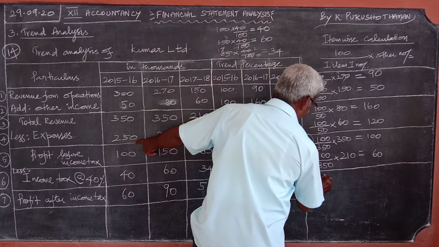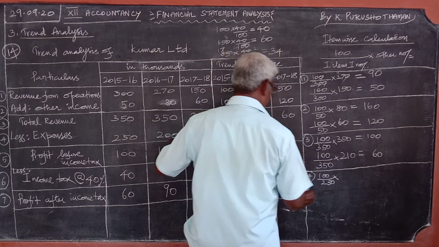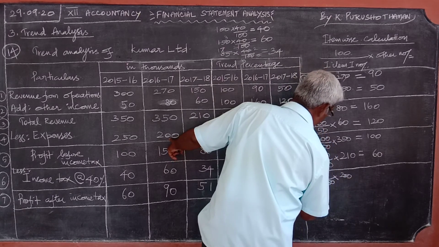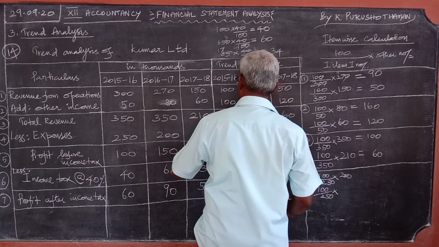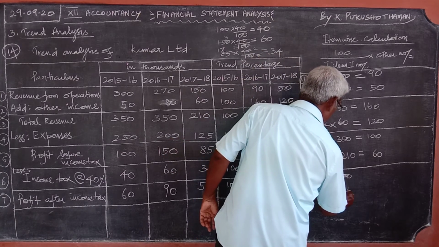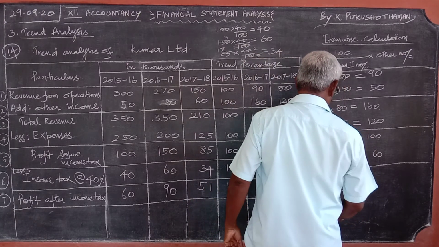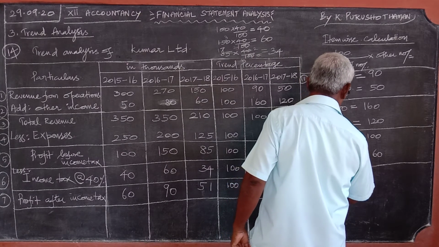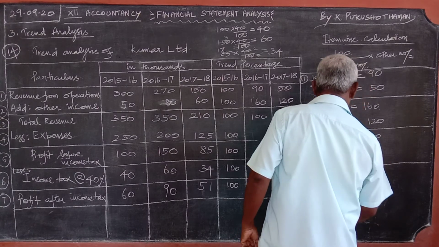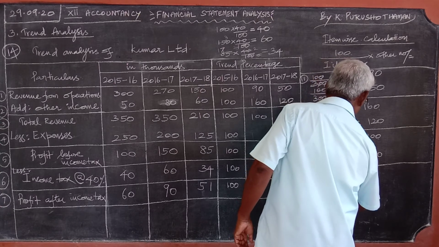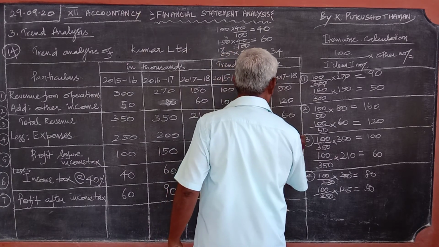Regarding the fourth one, 100 by 250 into the second number, 200. 100 by 250 into the third number, 125. Find the percentage and write. This is 5 times, this is 450, by 2 in 20 it is 4 into 20, 80. Here 2 times it is 100 by 2, 50. So 80%, 50%.